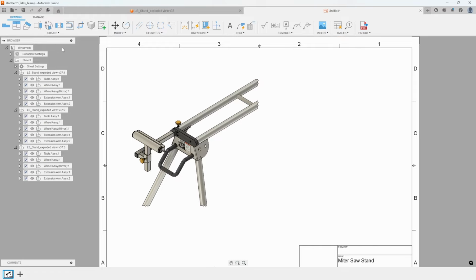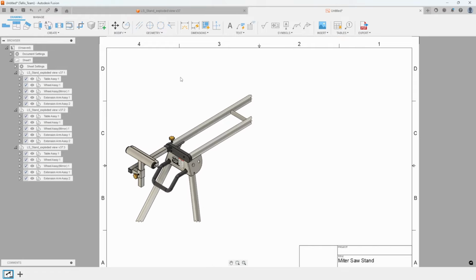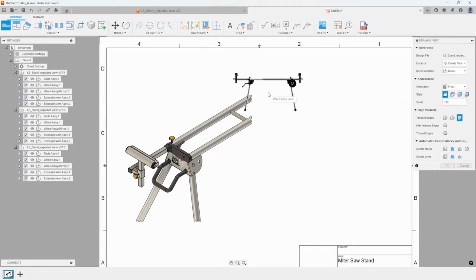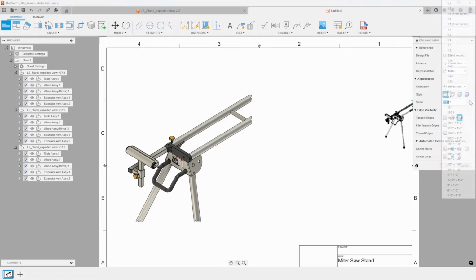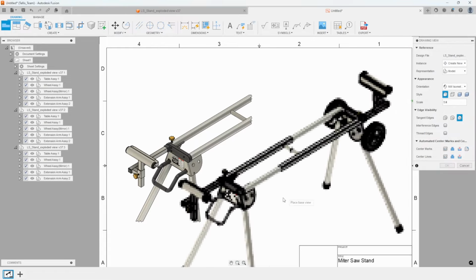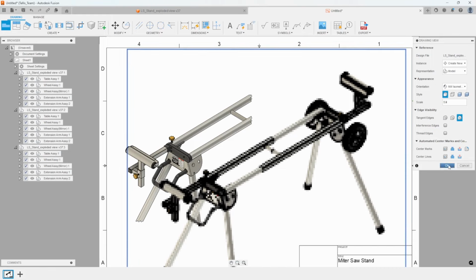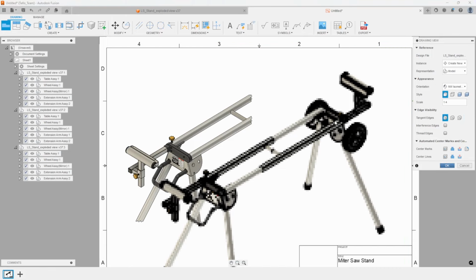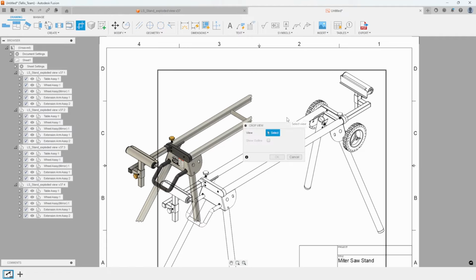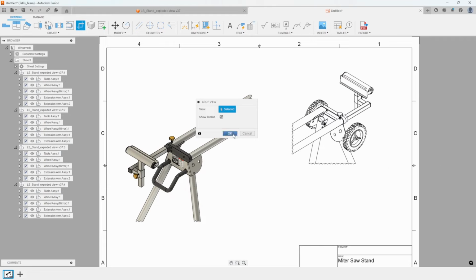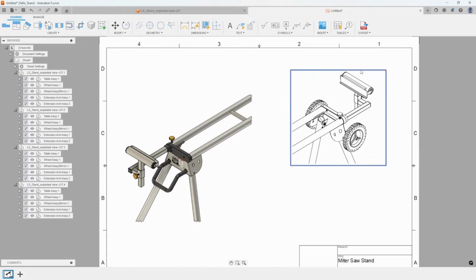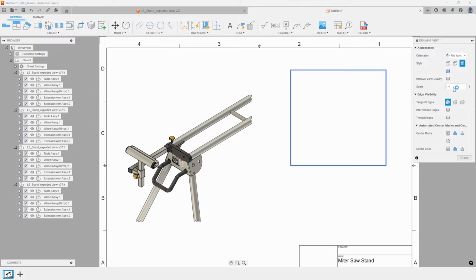So I'm going to go ahead and undo that, and let's just move this over here, and I'm going to create another base view. Let's do northwest, and I'll do a 1 to 4 in this case. Place it here and say OK. I'll just do another quick crop. This time I'll do this upper region here. Just draw the window the way I want it to look. I'll turn off the outline in this example, say OK. And just like I showed before, I could come in. Let's go ahead and make this one shaded